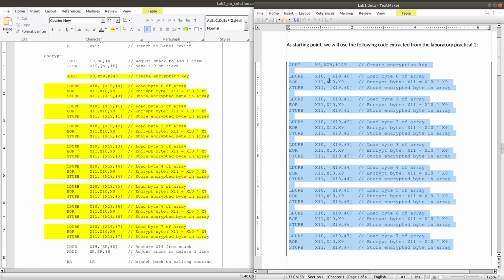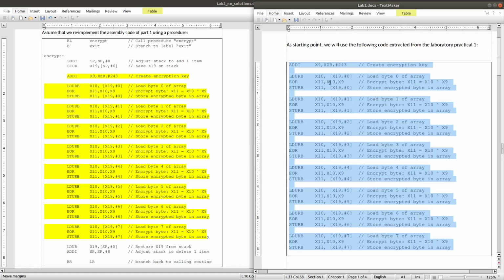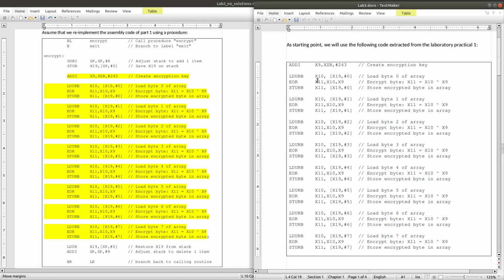Register 10 is used as the temporary register to store the value read from memory, in which the base address is shown by x19 at the offset address of 0. And then x11 is the result of x10 exclusive OR with the key and then written back to memory.